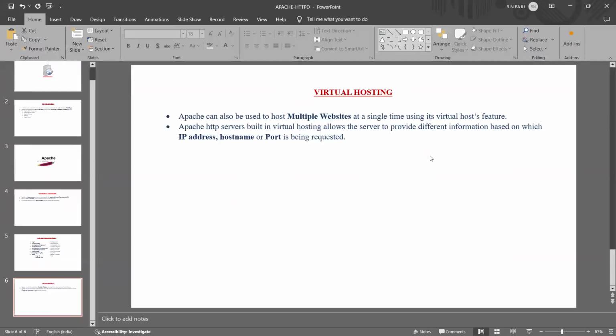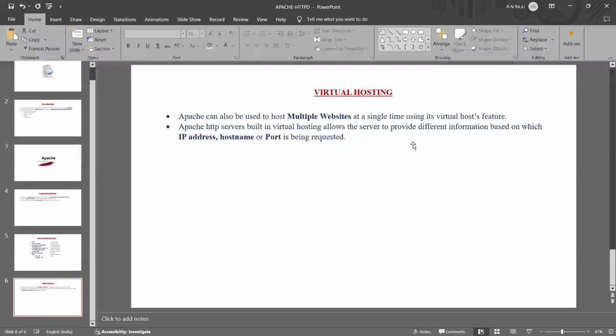If you want to host multiple websites per IP address, per name, or per system, virtual hosting is a good idea. Apache HTTP Server's built-in virtual hosting allows the server to provide different information based on which IP address, host name, or port is being requested.